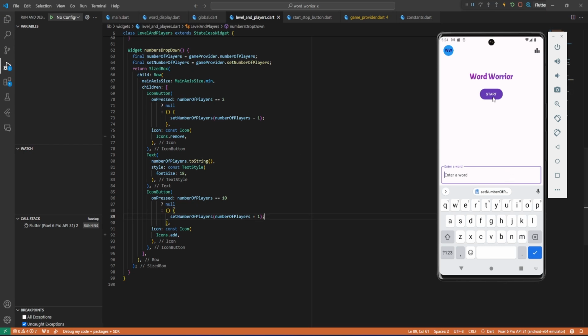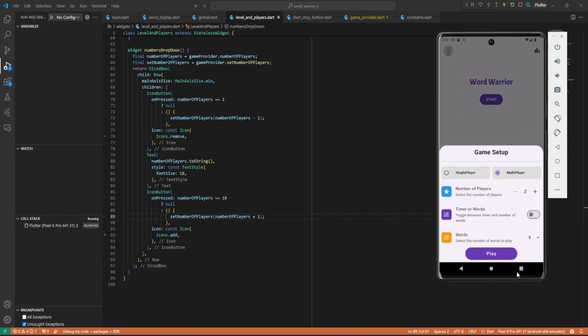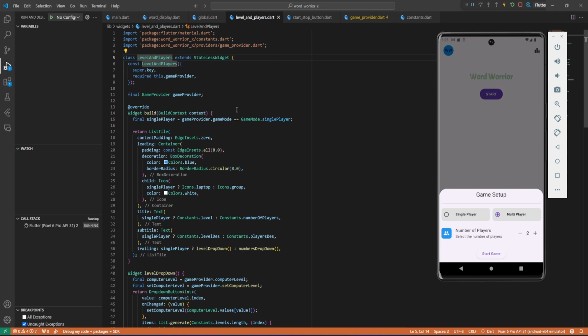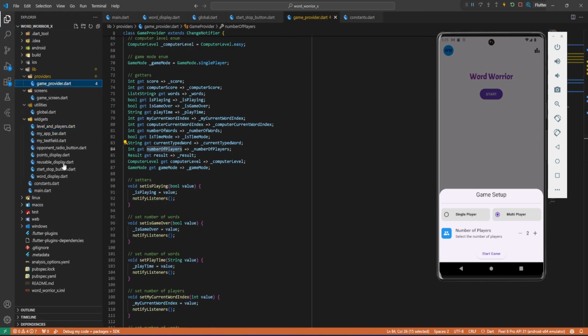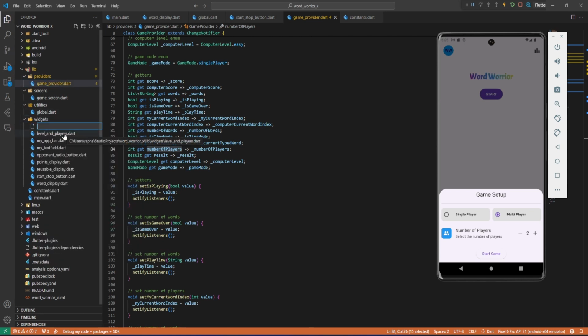All right, now let's create the next one, which is this one. Okay, so let's get started. So this was the level and players, which is this. Let's close this. Let's go in the widgets. Let's create another one. So this one is going to be game mode. What are we going to call it? List tile, maybe. Yeah, let's just give it that name. Game mode list